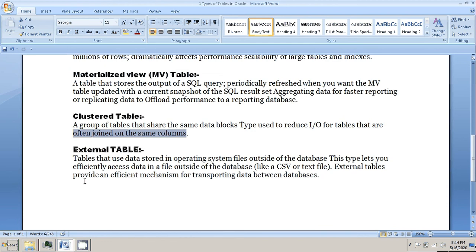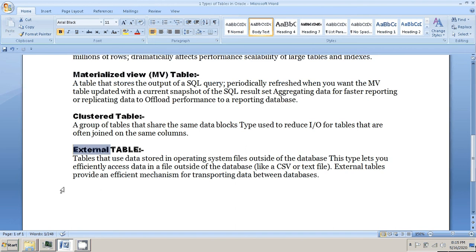Another is the external table. Few OLTP systems are using external tables. I have not seen most people using the external table. There are pros and cons. People do not want to keep stored information at the OS level, and that's why people do not use external tables. But a few do use them. It is mostly used in the OLAP environment, where we can store a large amount of data and other things.